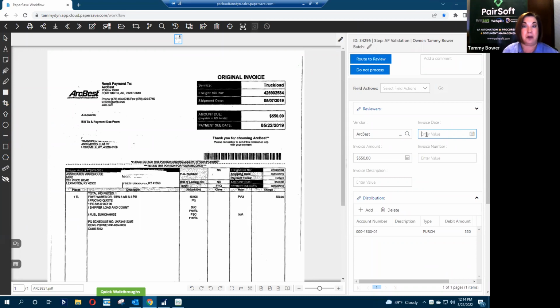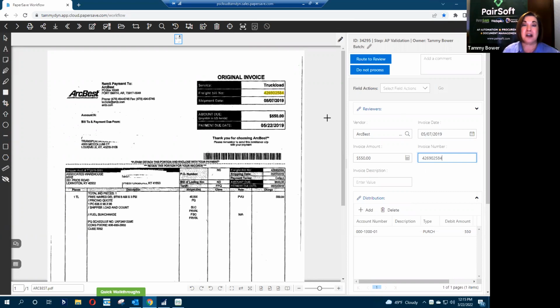So I go, okay, well, I need to identify the invoice date. So I put my cursor there. I came up to my icons. I clicked on the one that looks like a compass, and it says click or drag to capture. So I clicked on that, and then I navigated to the shipment date. That's the date I wanted to use as the invoice date. I point and clicked, and it populated it. I went to the invoice number, navigated to what I wanted to use as the invoice number, point and clicked, and it populated it.